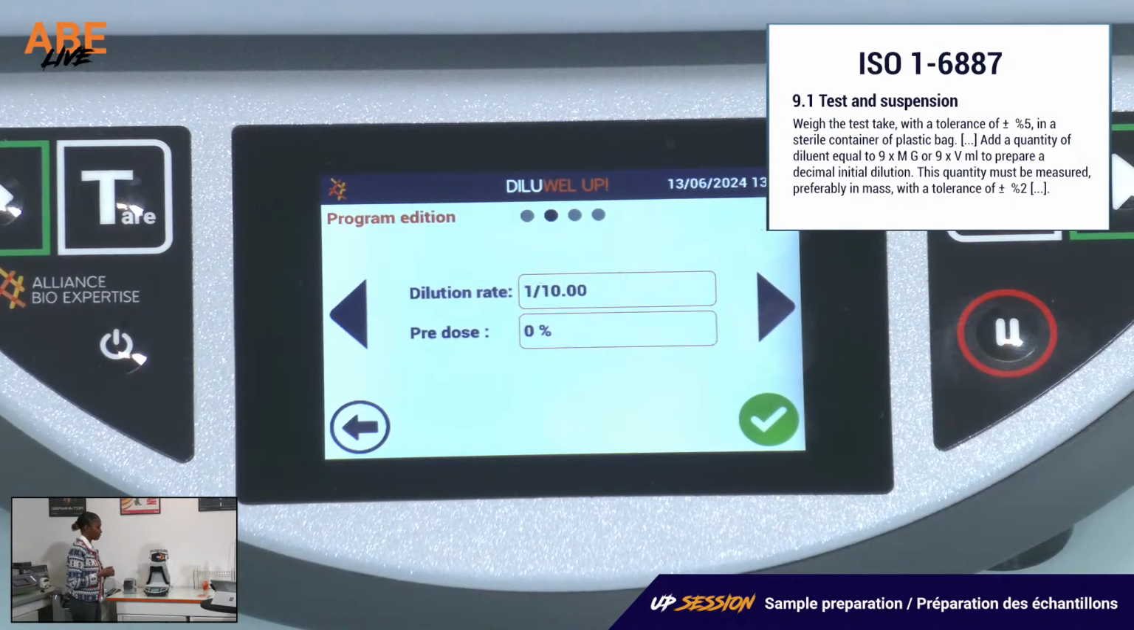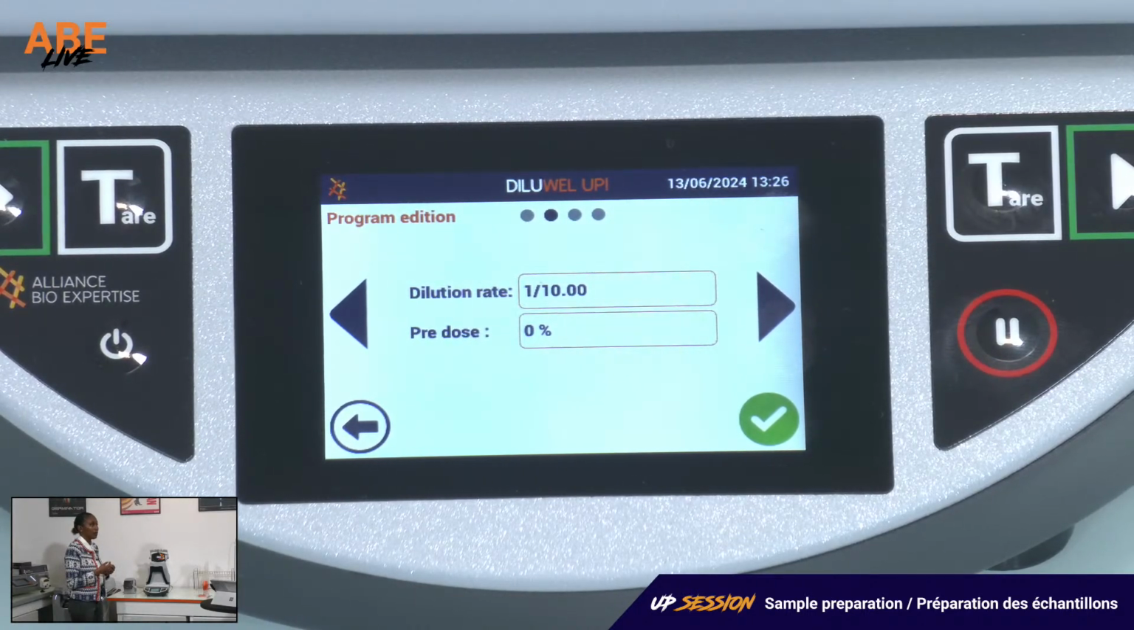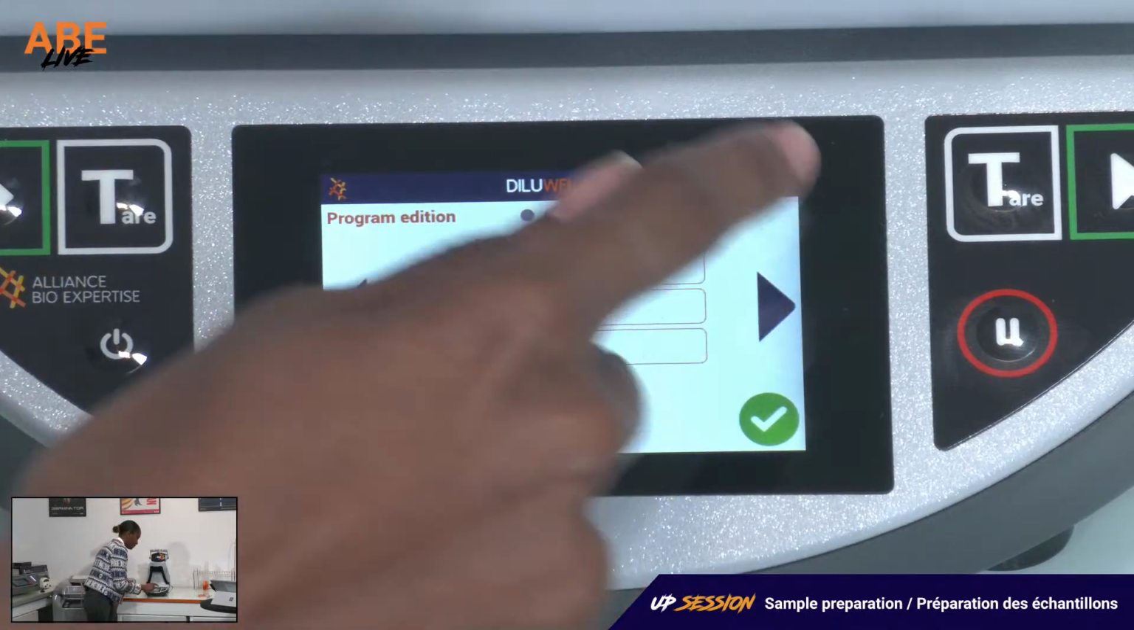In this case, you can choose here to dispense a part or all the diluent before your sample. This is not our case, so we can keep it at 0%. I go to the next